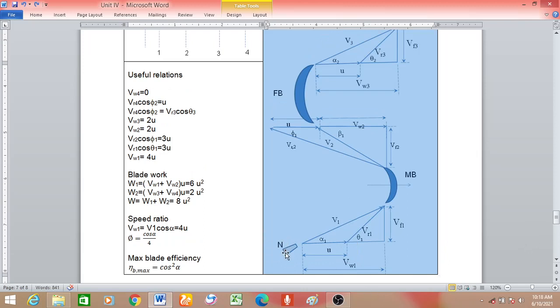So first the fluid is issuing out of the nozzle with some velocity V1. Okay, the angle is alpha 1 I have taken. The fluid angle at inlet to the moving blade 1 is alpha 1. Then this is the direction of the moving blade, you know. So I am putting it in this same direction. Then I am closing with the relative velocity as per the vector rule. The angle made by the relative velocity is the blade angle at inlet for the first stage, so it is theta 1. All other things, you know, blade velocity, the whirl component, are also in the direction of the blade. Then the axial component Vf1, etc.